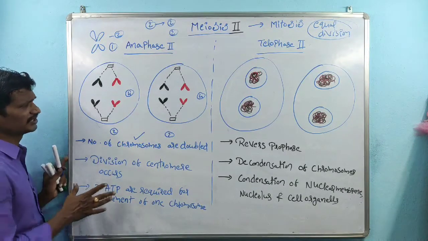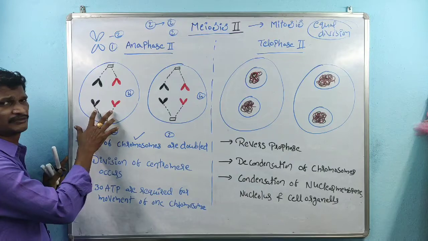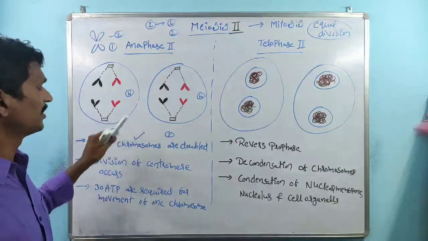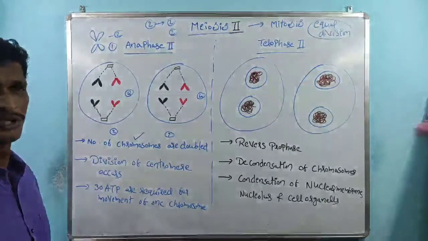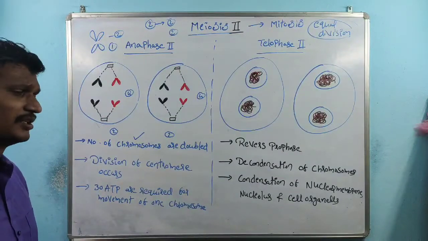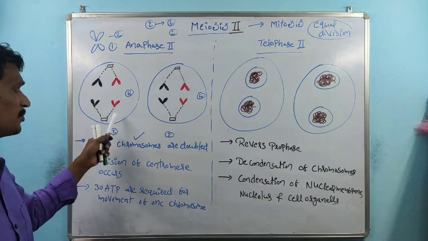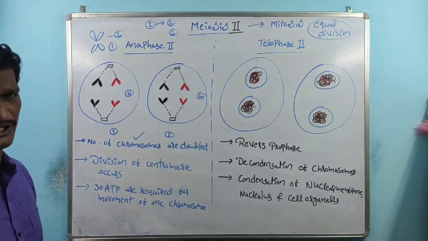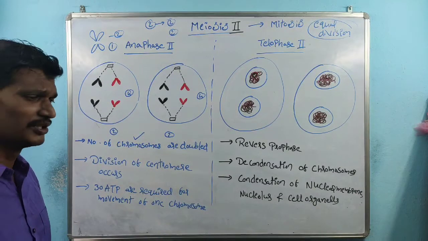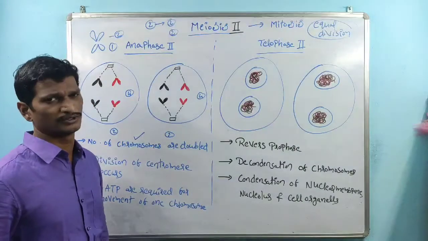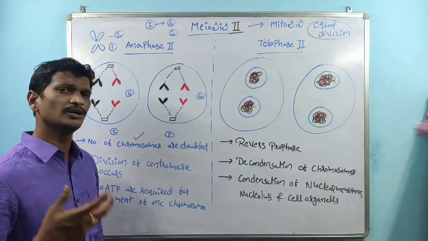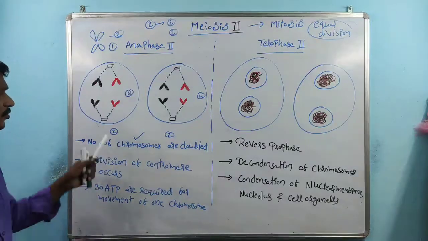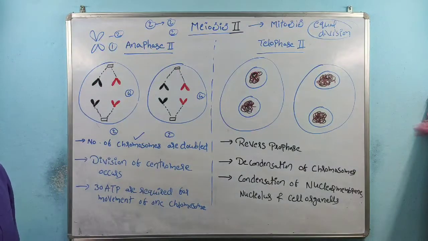So the concept is, whatever chromosomes are there, the chromosomes bind to the tubulin proteins, which are nothing but spindle fibers. Then, by the utilization of energy in the form of ATP, the spindle fibers pull the chromosomes. The chromosomes are pulled towards the pole side. So once the chromosomes reach the pole side,